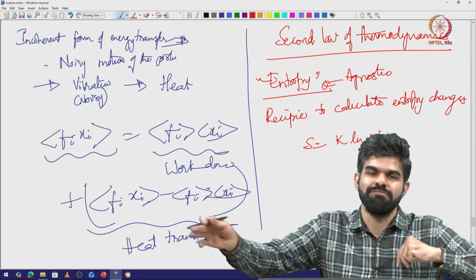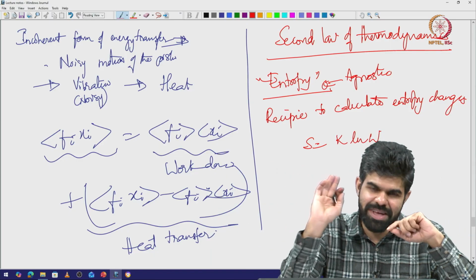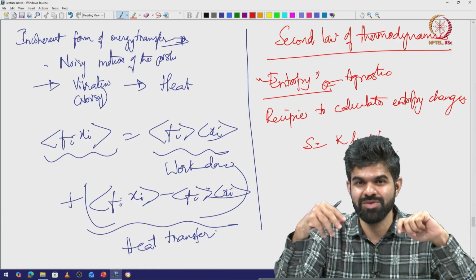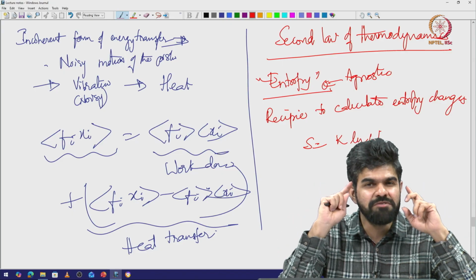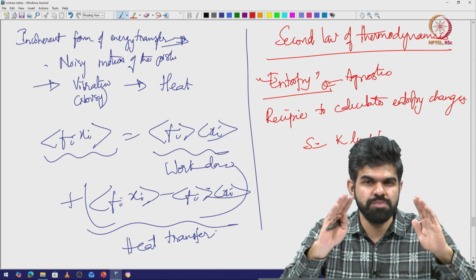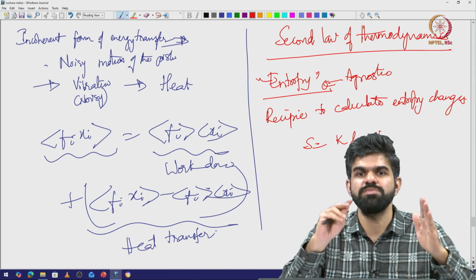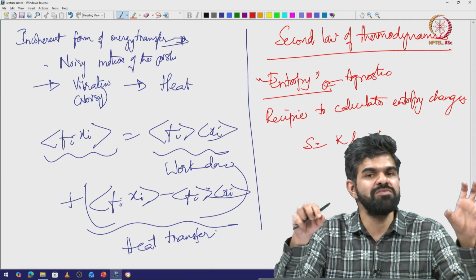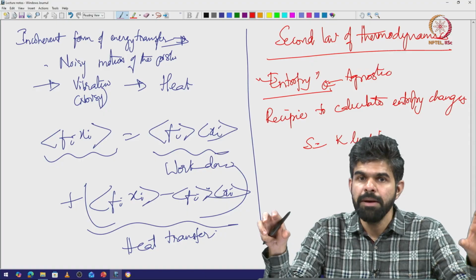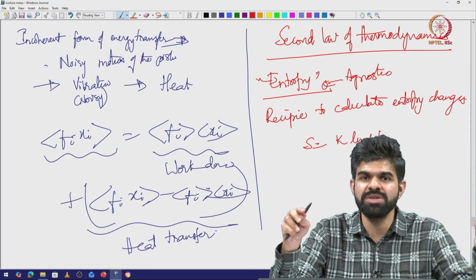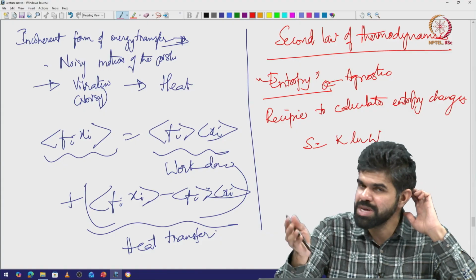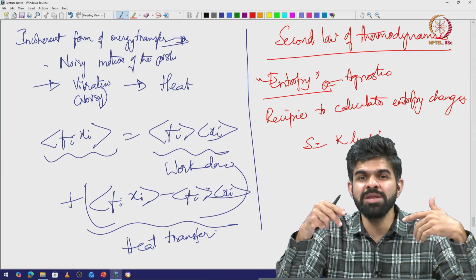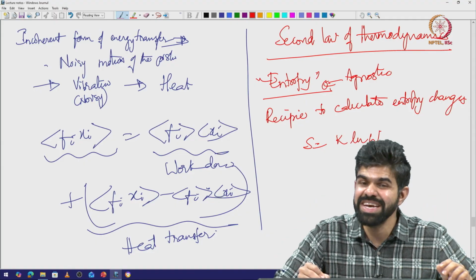But thermodynamics does not care. Thermodynamics came before Boltzmann's definition of entropy. Thermodynamics sort of realizes that there is something called entropy. It is a state variable, right. Which means if I change the system from one state to another state, it changes from one entropy to another entropy, right. But if I bring it back to the same state, the entropy comes back to its initial value, right. So, this second law of thermodynamics gives you a recipe to calculate entropy changes.